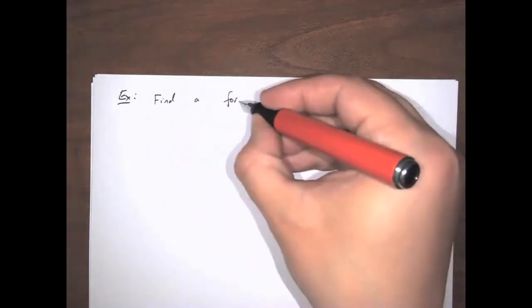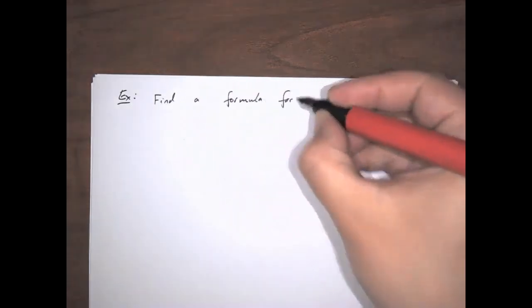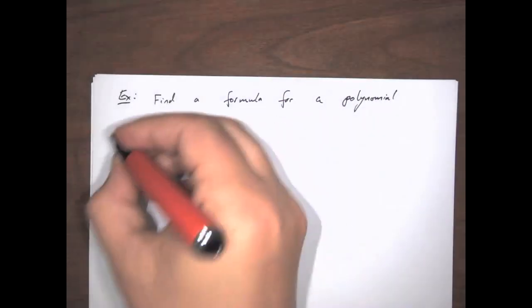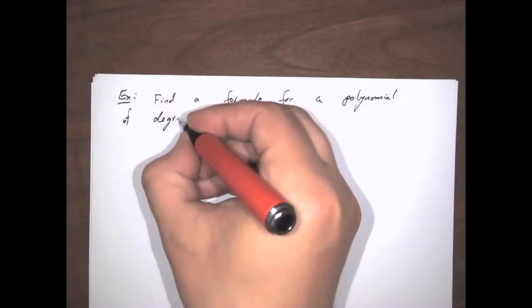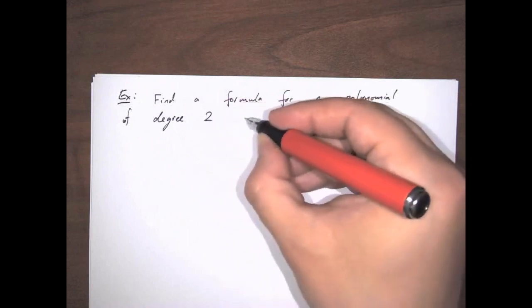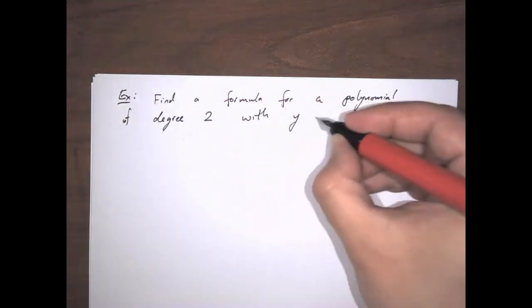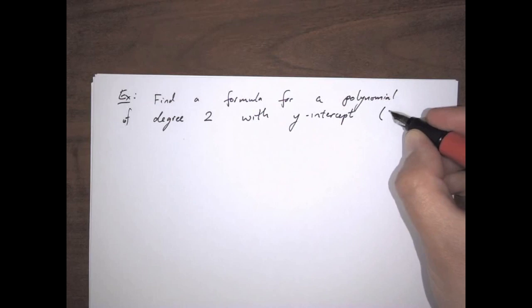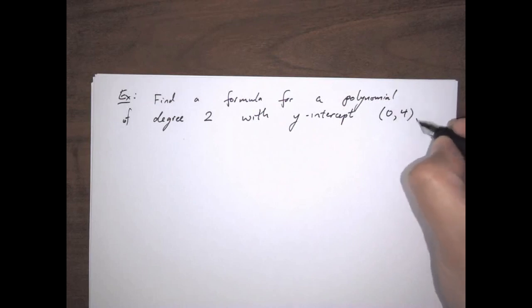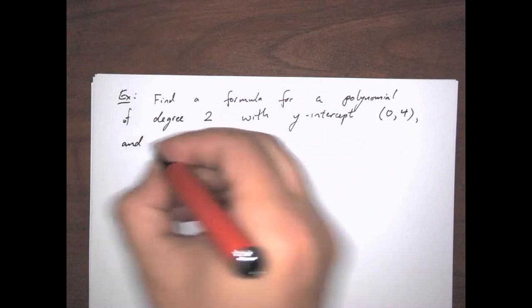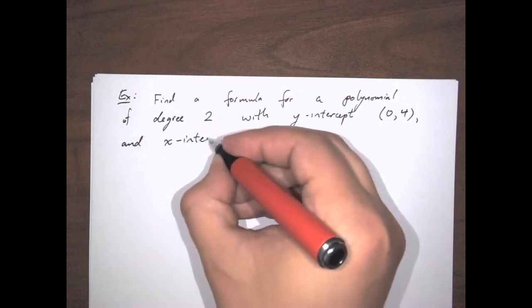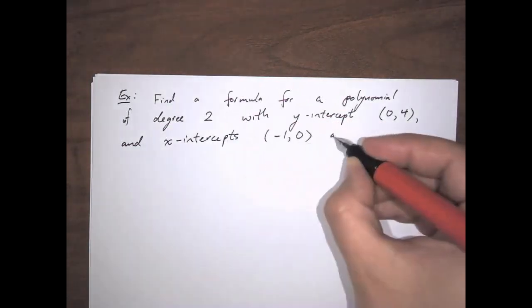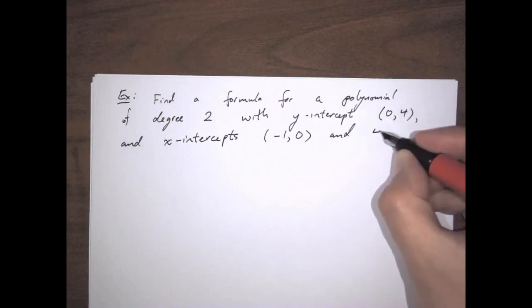a formula for a polynomial of degree 2 with y-intercept (0, 4) and x-intercepts (-1, 0) and (4, 0)